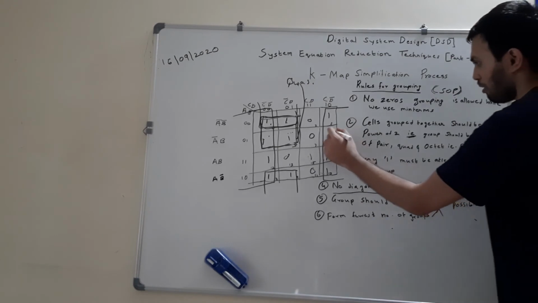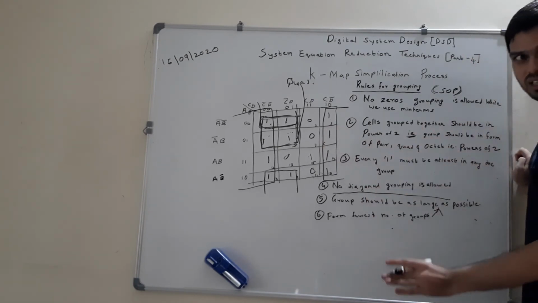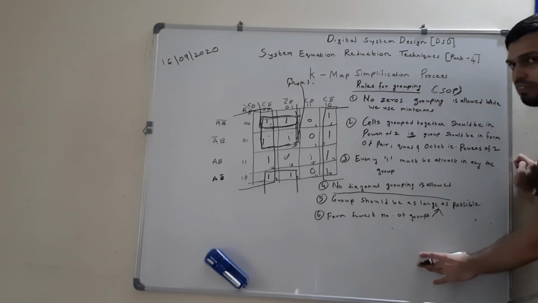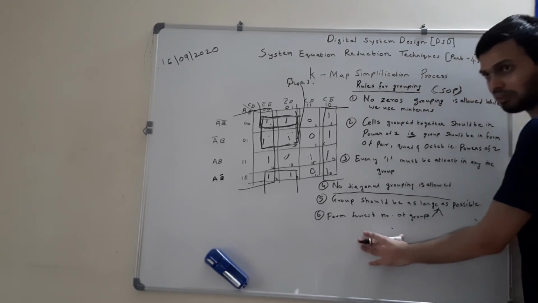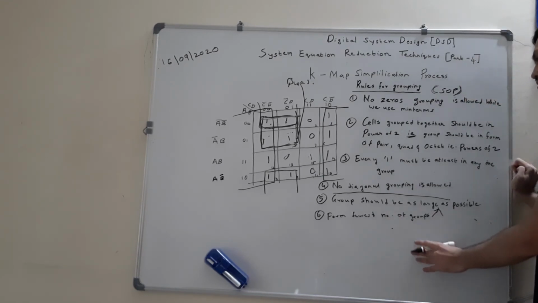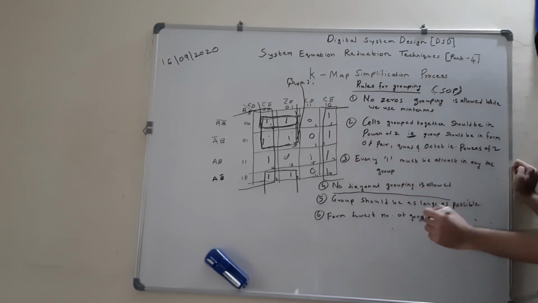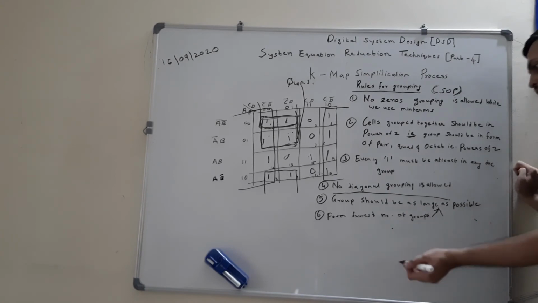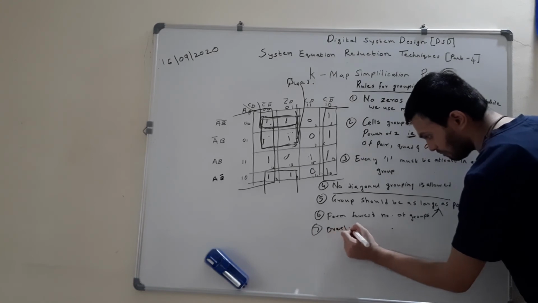Because if you form smaller groups, then it will unnecessarily generate redundant terms and it will not minimize the expression. So basically all this grouping we are doing because we want to simplify a given expression in the standard SOP form, or even if some minterms are given, we want a reduced expression from it. So that's the reason we are doing all this grouping. And if you are not doing it properly, then the equation is not minimized. So our purpose doesn't suffice over here. And the last and most important point, overlapping of groups is allowed.